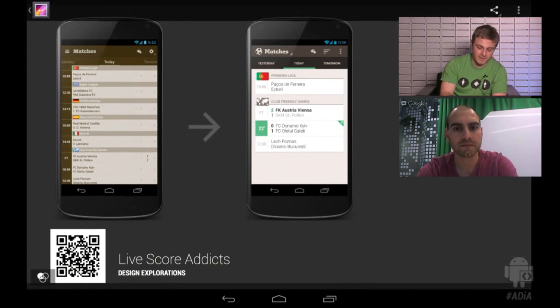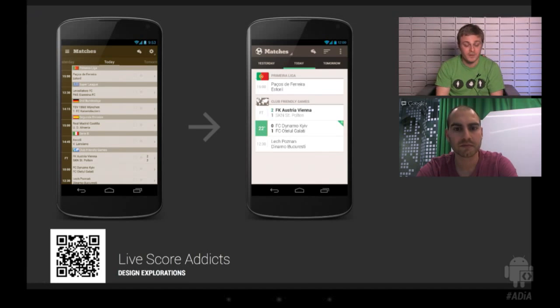And I think one of the biggest contrasts here is the information density. You'll see on the left, in the current screen, the information density is very high. You can see a lot of matches all at once. But my guess is in general, if you're a fan following just a few games that are happening now, you probably don't really care about all that information. You probably do care about the 2 or 3 current games, as well as maybe a specific league that has